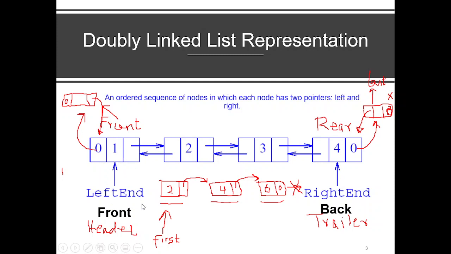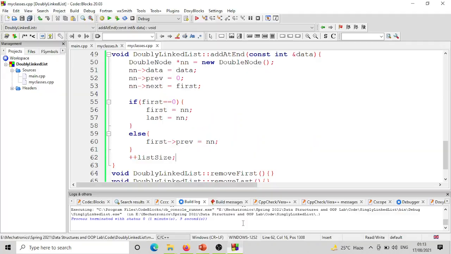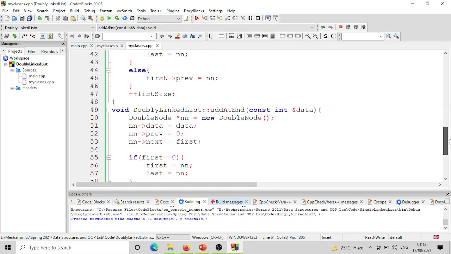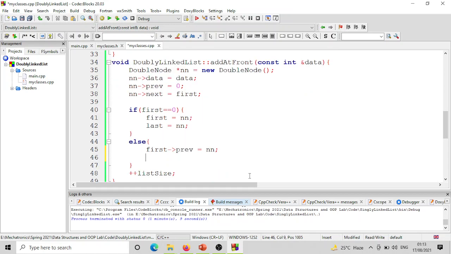यहाँ पे भी चेक करते हैं कि have we made that declaration of making it the first node। अच्छा, so else first arrow previous is equal to new node and then first is equal to new node। so नया नोड उसको हम first declare कर लेते हैं। ये सॉरी हमने करना है at end वाले में, at front में, insert at front में we have to declare the new first, कि नया नोड जो है वो हमारा फर्स्ट नोड है, ठीक है।